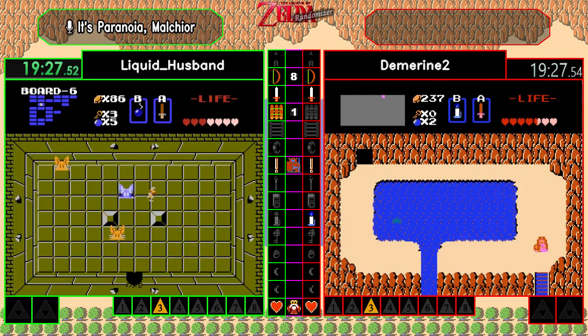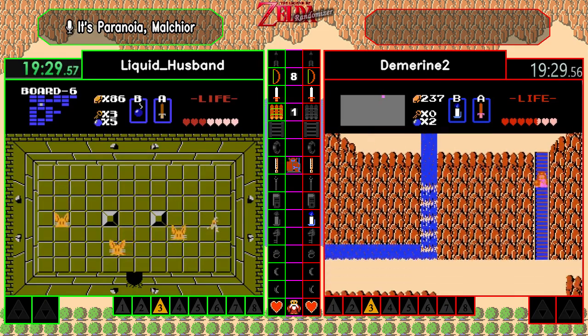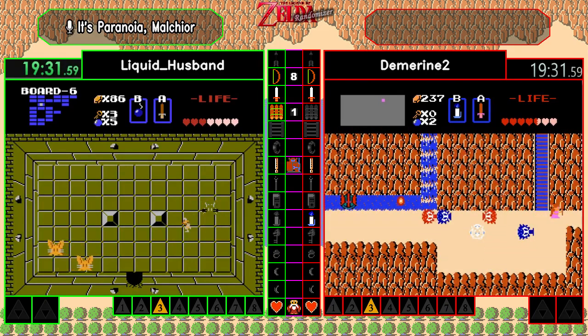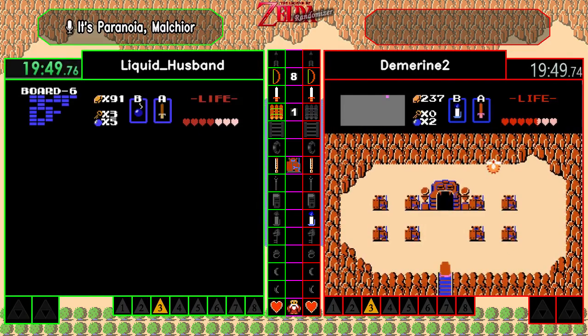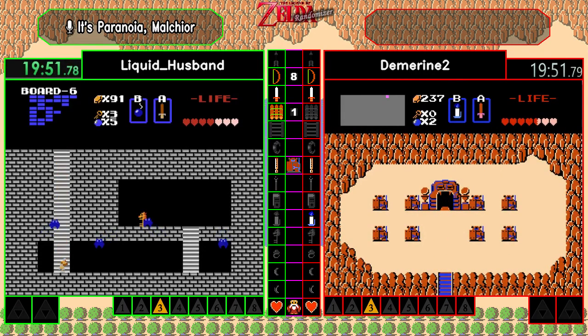Demarine picks up her heart container at the white sword location. And now she's going up the mountain into level 1, and is about to find out that it's very heavy on robes. Heavy on wizzrobes, still has key blocks, and requires a hefty number of bombs to move around as well. Liquid Husband does clean out the bunnies and finds...